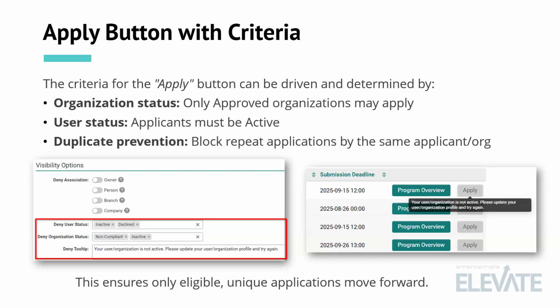The apply button can also work in your favor. Why? Because you can restrict who's allowed to apply to any call. For example, only organizations with approved status, right? Or maybe only active users. This is if you have statuses for contacts and organizations, which is something that you can do in SmartSimple. So you can block organizations that are maybe pending review or applicants that are flagged as declined, or any other status that you basically don't want